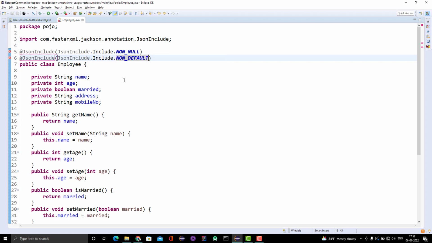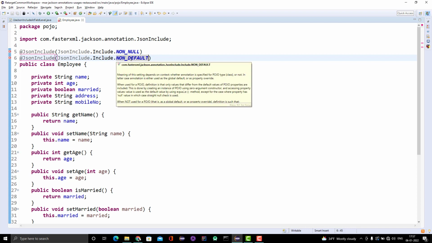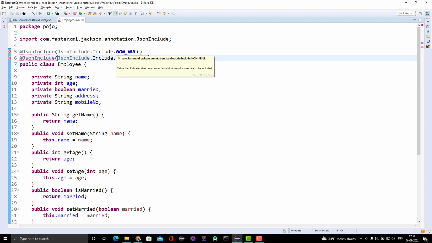Anyway, in the ideal condition, non-default will automatically exclude the null values as well, because for the string fields the default value is null, so non-default will cover the null value as well.